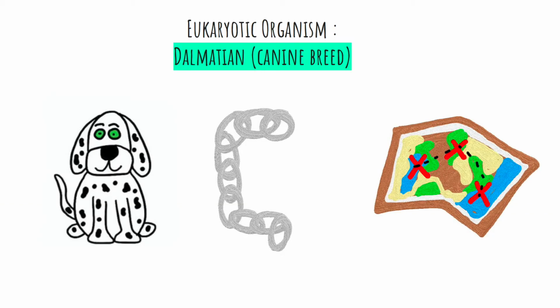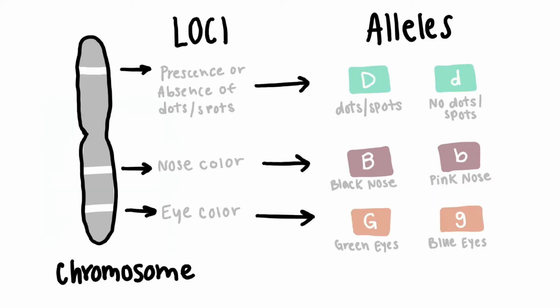I will be using a diploid eukaryotic organism to explain and illustrate linkage and three-point mapping. For this example, I will be using a canine breed of Dalmatians. The three loci that I will be discussing are linked and can express different alleles. Looking at the alleles, you'll see that the dominant traits are on the left and the recessive are on the